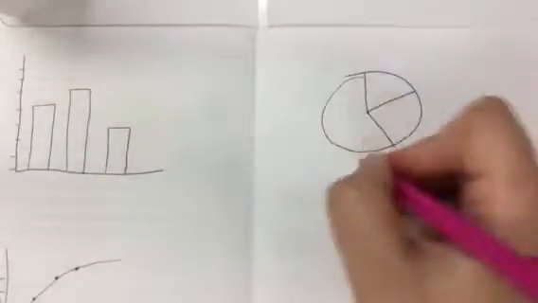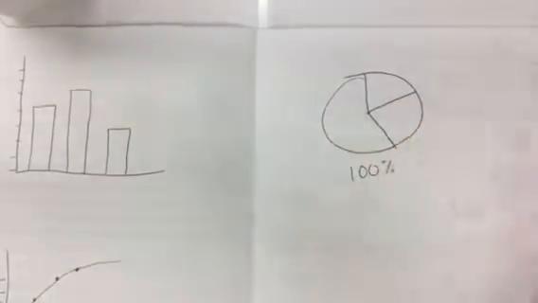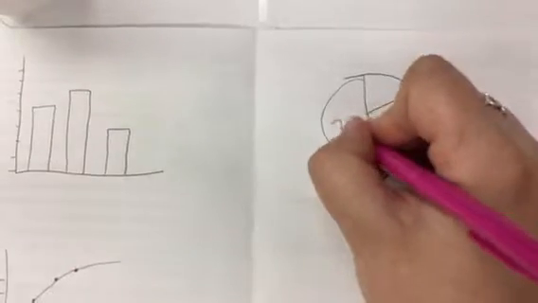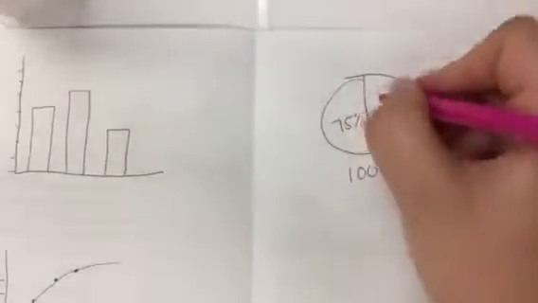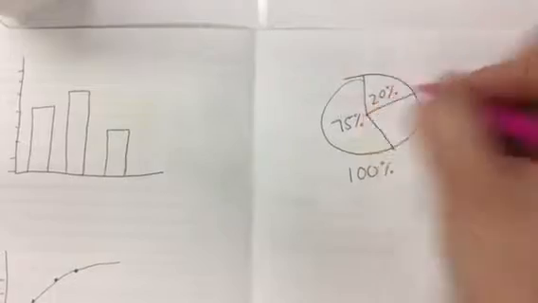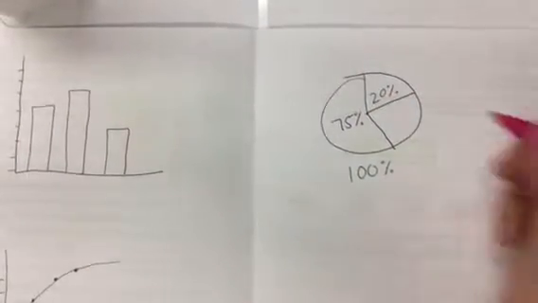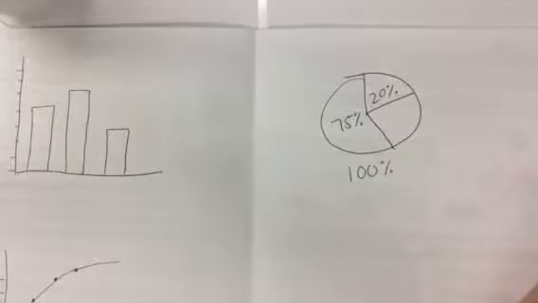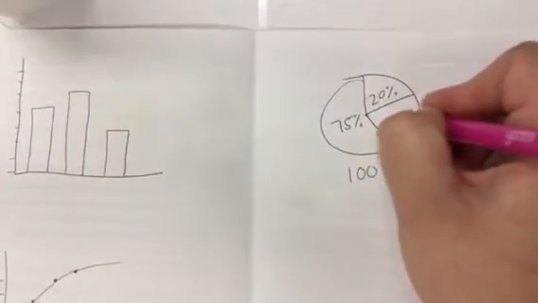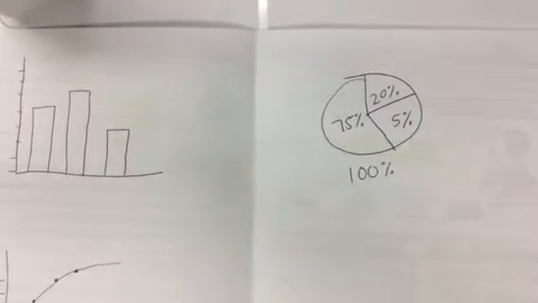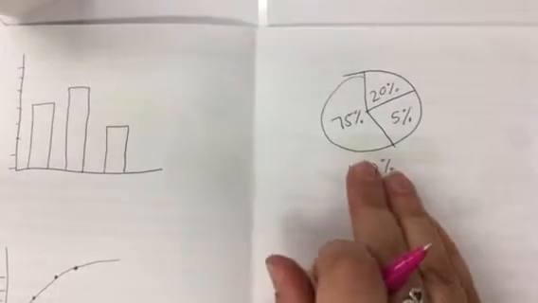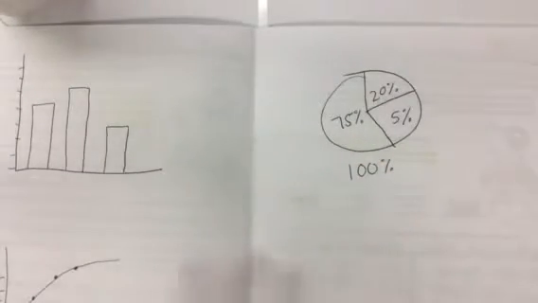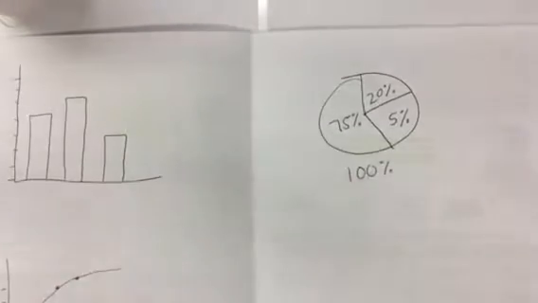So the whole thing equals 100%. So this part might be 75%, this part might be 20%, and this part might be, well, it would have to equal 5%. Obviously it's not to scale because the 5% would be much smaller. But this is what we would use if we were having percentages. Okay? Like let's say that we took a poll and we figured out what everybody's favorite color was in the class. And we figured out the percentage. So 75% of you,